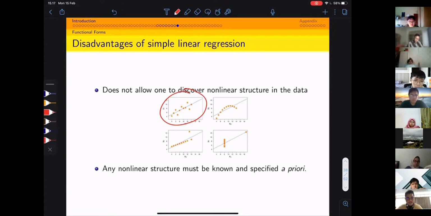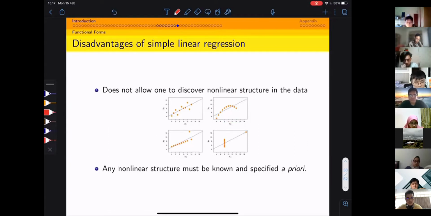But for this one, as you can see, there is a non-linear relationship between X and Y. However, we force the line to be a linear line, okay? So that's one disadvantage, and one that we're going to relax in chapter 3 when we talk about multiple linear